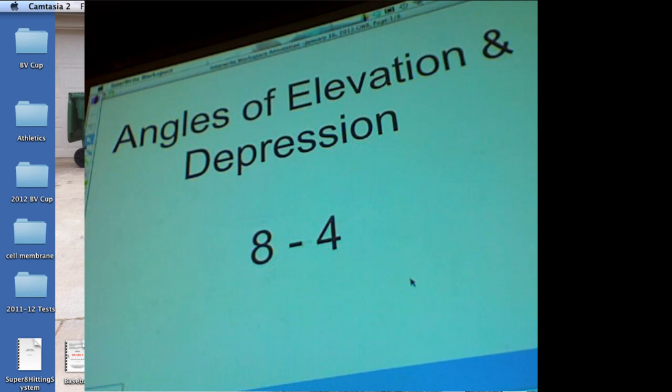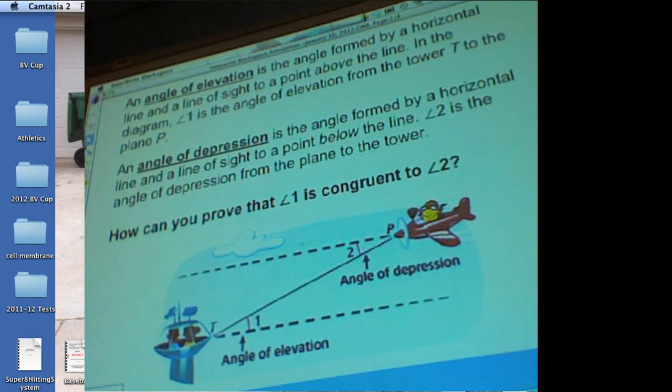But let's get started. Let's use our trig to find missing sides using angles of elevation and depression. First, we have to understand what an angle of elevation and depression are. An angle of elevation is just like what you think of with the word elevate. It's going to rise. So it's the angle formed by a horizontal line and the line of sight to a